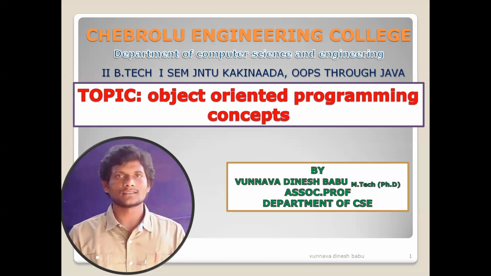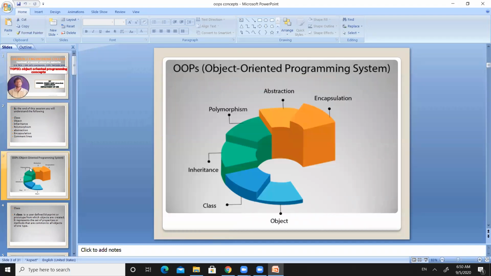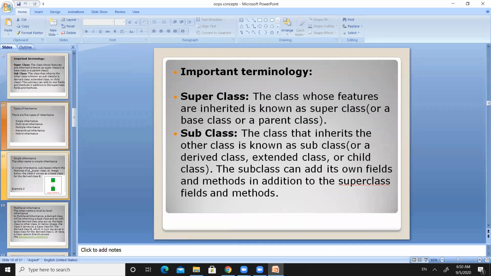So, hybrid inheritance is a combination of two or more number of inheritances, right? And then we have seen one example on multi-level inheritance, the level by level inheritance, right? So here in today's session, let us move to the next OOP concepts. These are the OOP concepts where we have started: object, class, inheritance, polymorphism, abstraction, and encapsulation. So we have completed the object, the class, and the inheritance and the types of inheritances. So let us move to the next type, that is polymorphism.